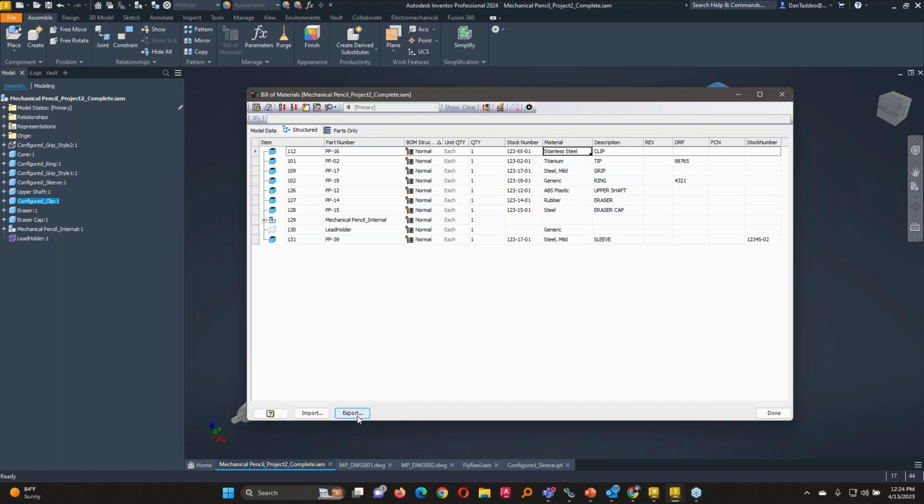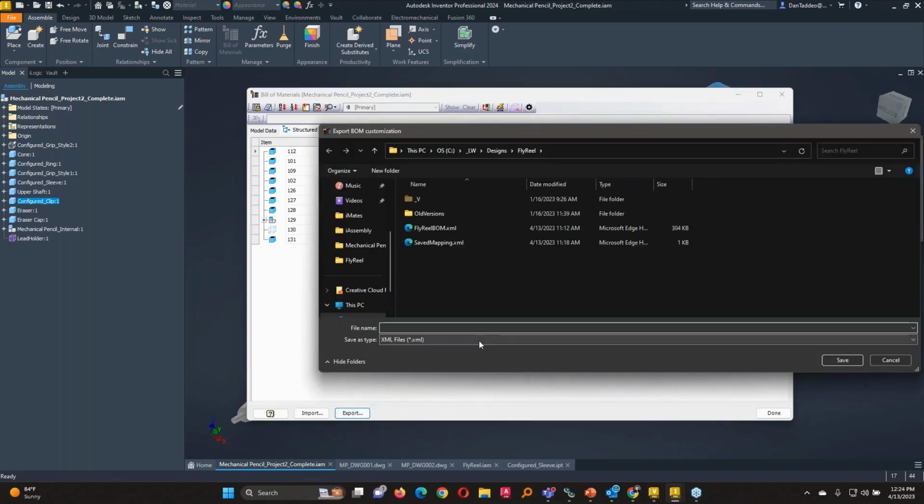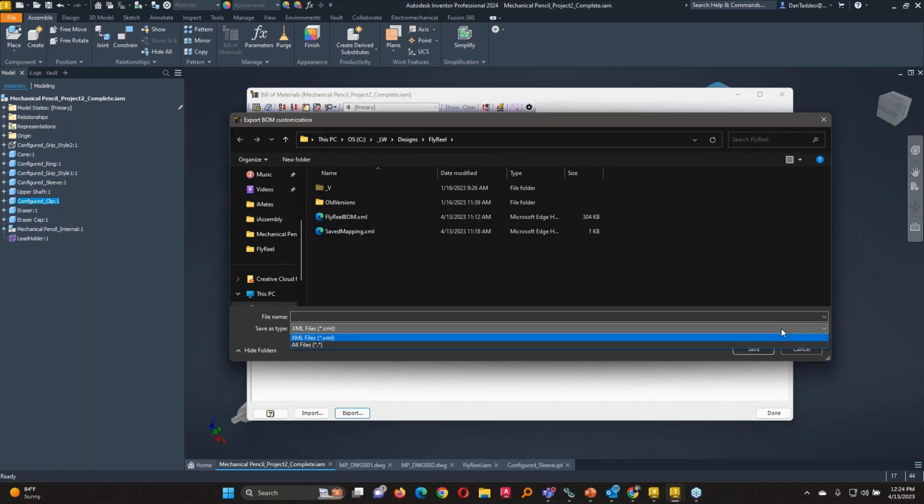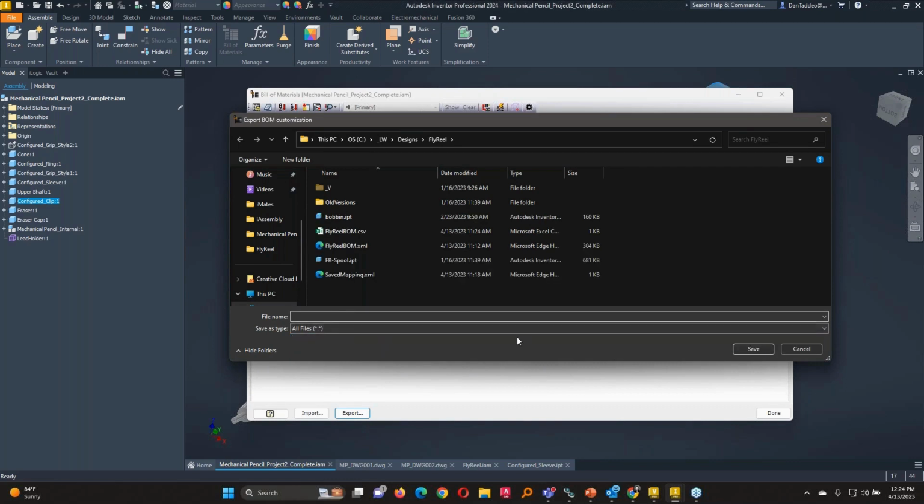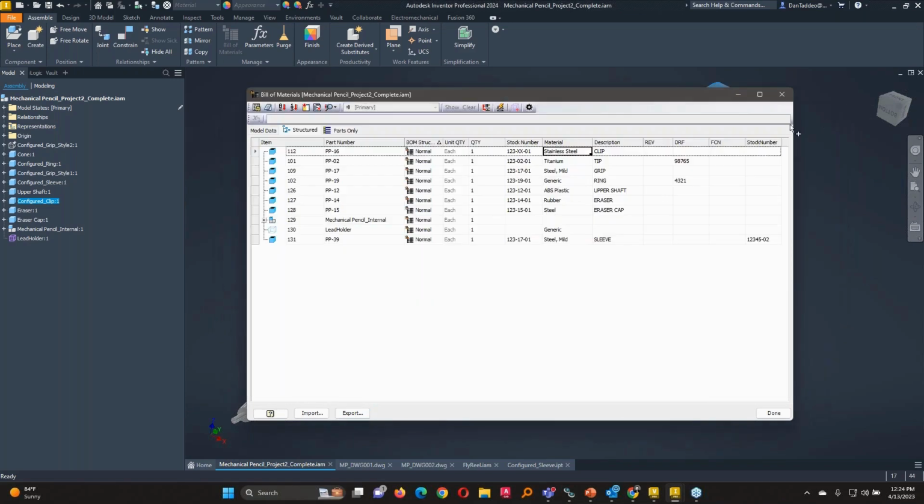Now, this export button down here, I wanted to show the difference. You can see that it has example files. And if we go to this drop down, you'll see that it says example and then it says all files. So can I say all files and type in CSV? I'm sure you could do that. But I'm very OCD, where I'll go through the actual wizard and make sure that I get it done correctly. And that way I don't have any questions that something with the formatting got upset or something